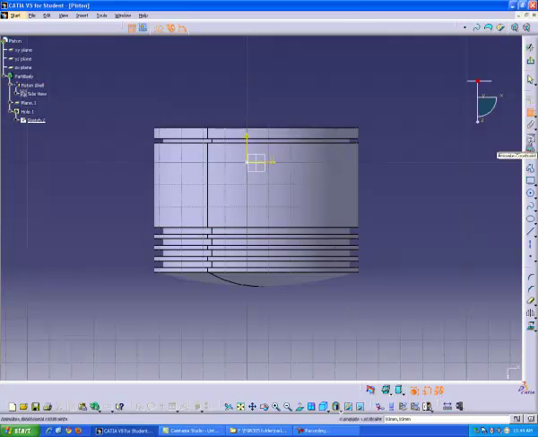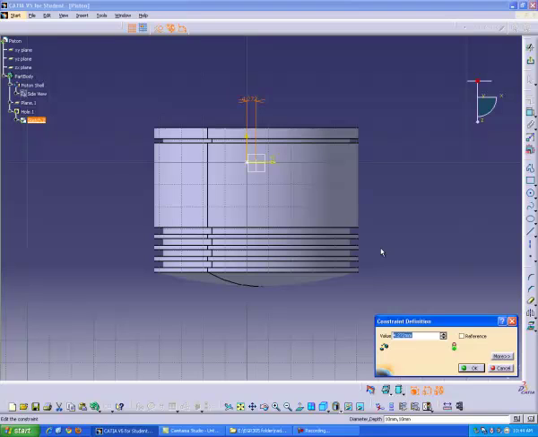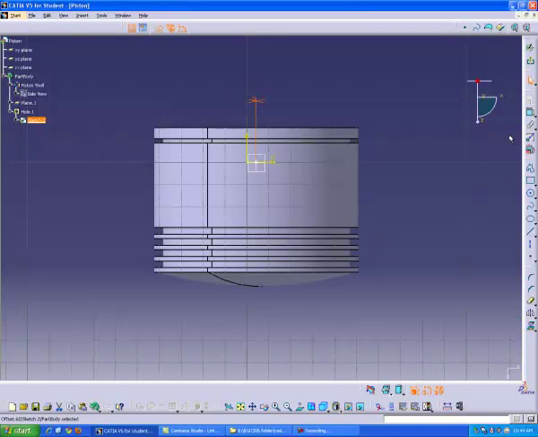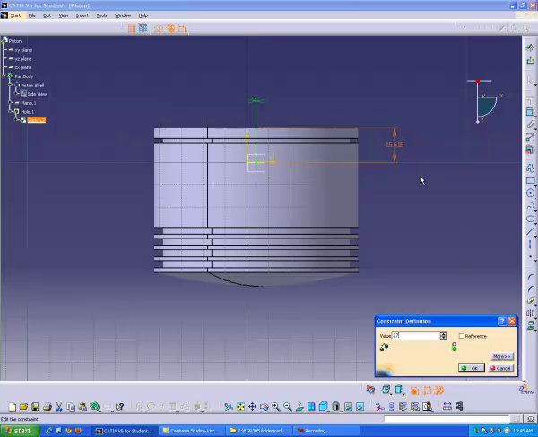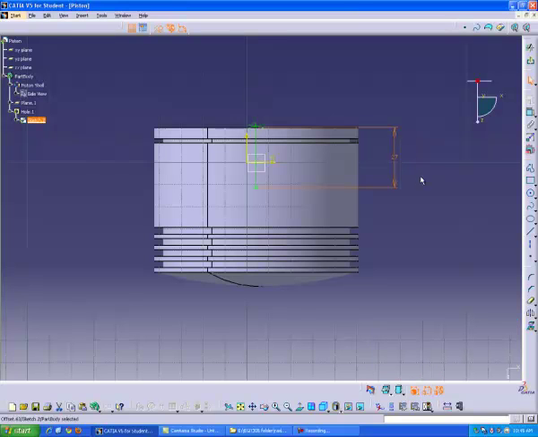Okay, so we're going to hit our constraint button, and we're going to select our center axis and the point, and we'd like them to be in the same spot, so we're going to offset them by 0. And then we are going to hit the constraints again, our point, and this line, and that needs to be 27. Hit enter. Now that we have our hole placement, we can exit Sketcher,